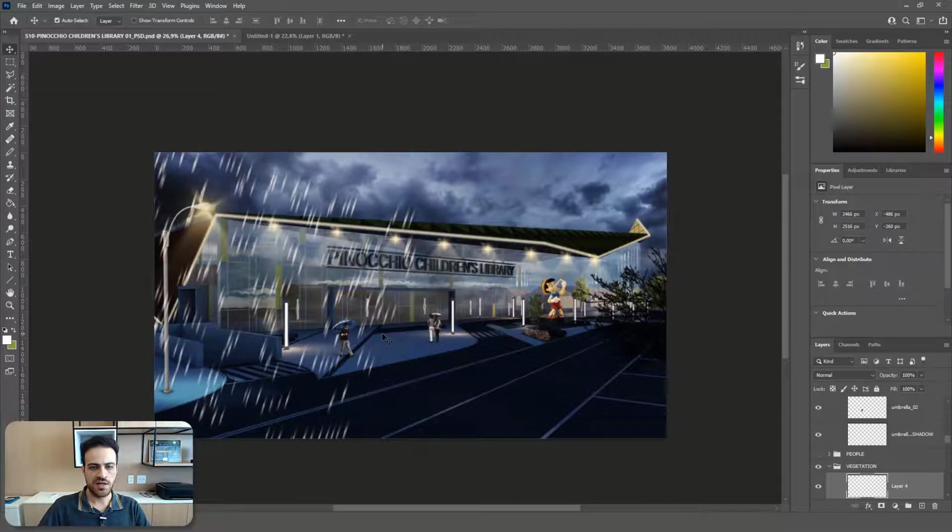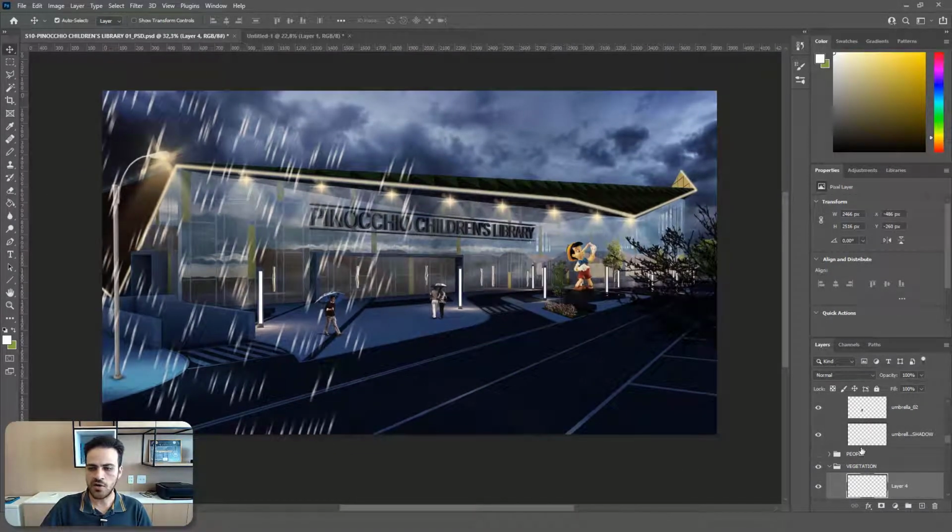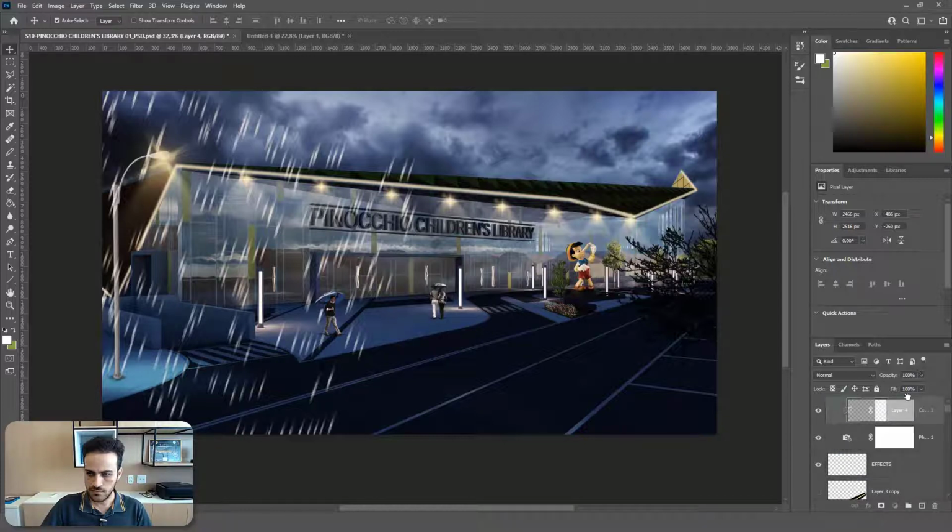Press Enter, and then I have this effect on my image, and I can copy. I'll drag this layer and put it above all layers. I rename it as rain,